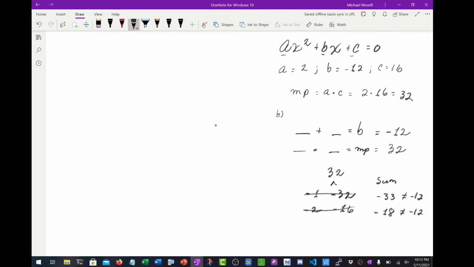And so I'm going to discard these as potential factors. So now I think what else multiplies to be 32? And so how about negative 4 and negative 8? That multiplies to be positive 32, but when I add it, I get negative 12, and that is equal to negative 12. So these are my factors, okay? So we're going to go write these in to this little table. Negative 4, negative 8, negative 4, negative 8. Okay, now